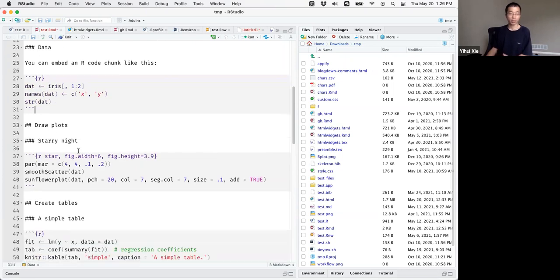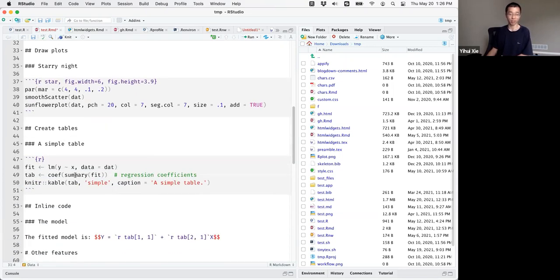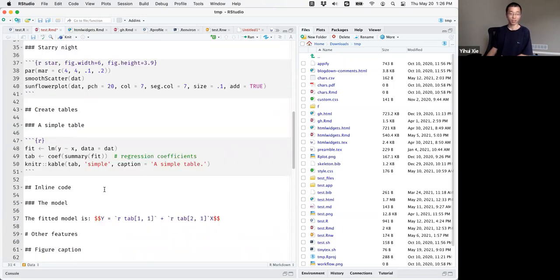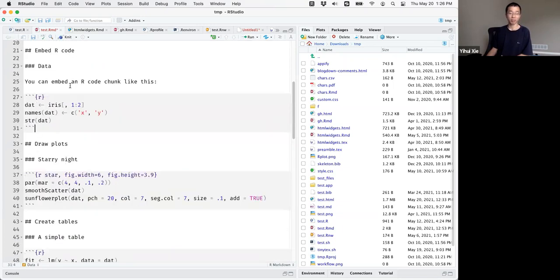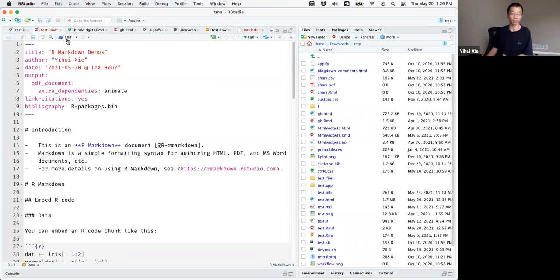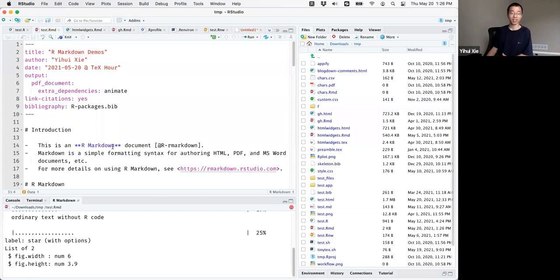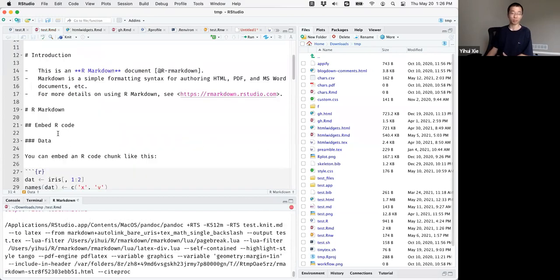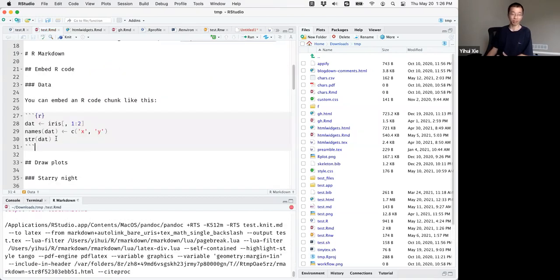Once we mix the programming code chunks with the narratives, we can compile this document, and we call that knit. We could knit this document. When we knit this document, the programming code will be executed,